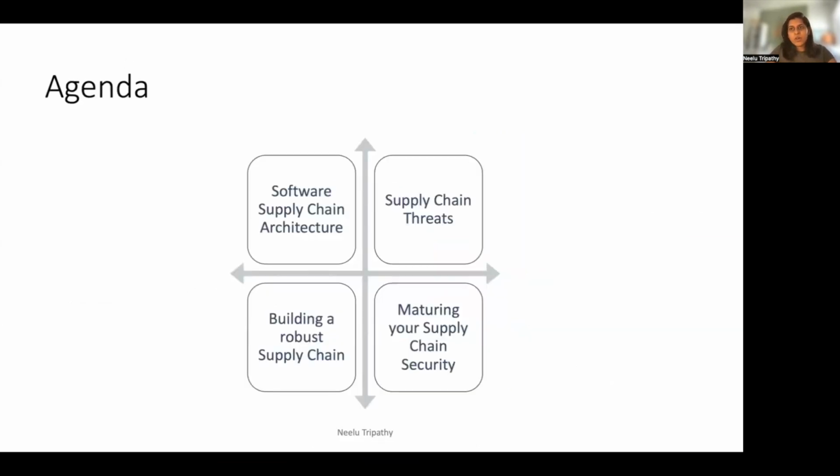So the agenda, I wanted to keep it simple. I want to talk about four main aspects today, which will help us understand how maturity can take place. First, the software supply chain architecture itself. So we'll understand what constitutes the software supply chain architecture, and what the attack surface looks like. Then we'll look at the threats and what all of these recent threats have been pointing towards. Then we look at the nitty-gritties and basics of the right kind of techniques that we need to follow to have security in our software supply chains. And lastly, we look at how we mature that, how we track that, and grow and